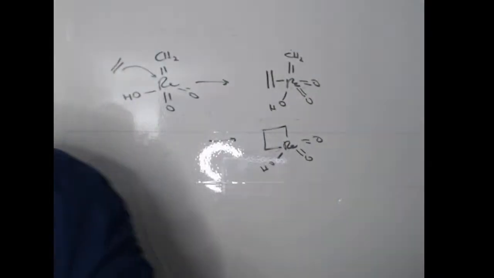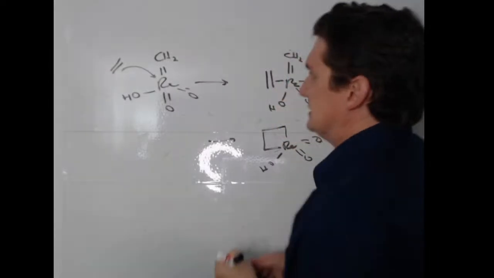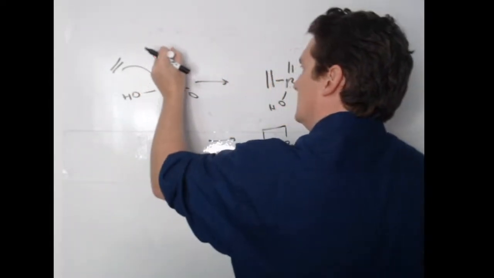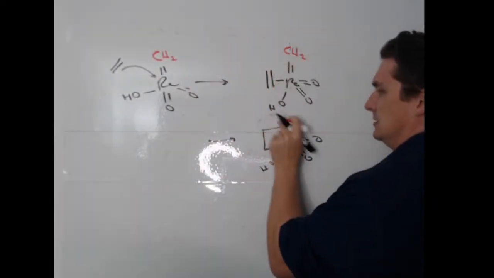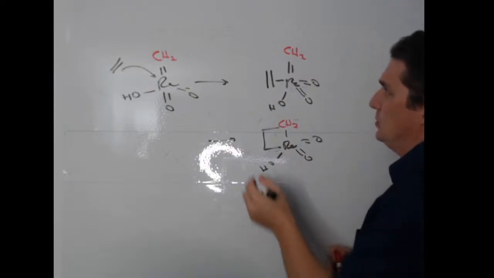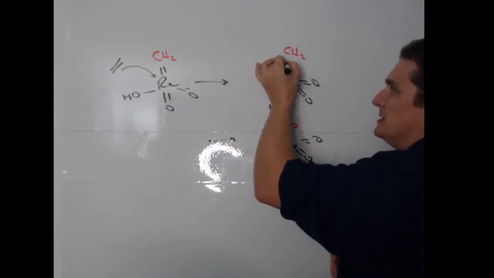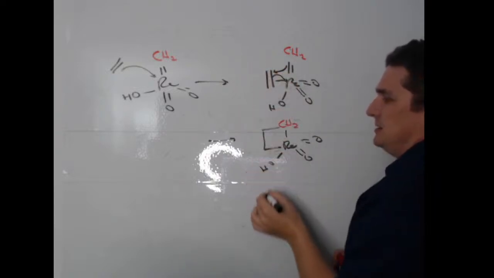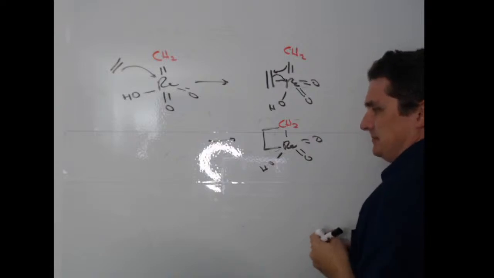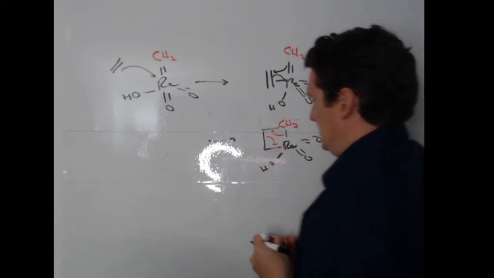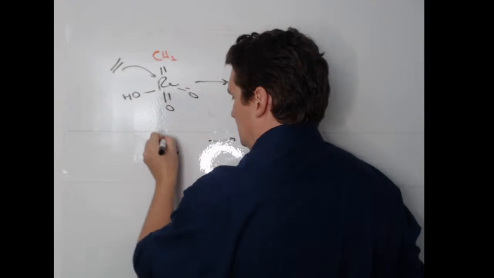So let's put a red carbon in there to make it a little bit clearer to see. And the way you draw this mechanism, this carbon attacks this carbon, which breaks the double bond, which binds to the rhenium, and then we get decomposition. So with decomposition, this bond kicks up, this bond kicks down, and we end up recovering